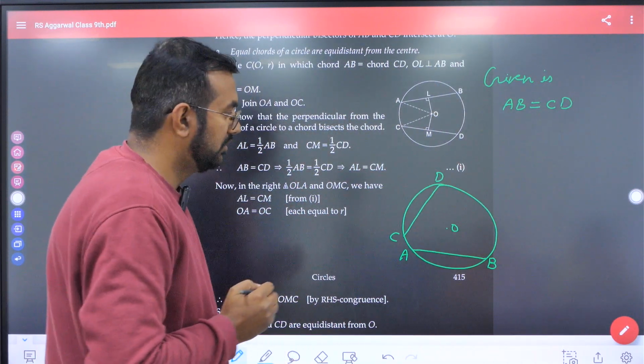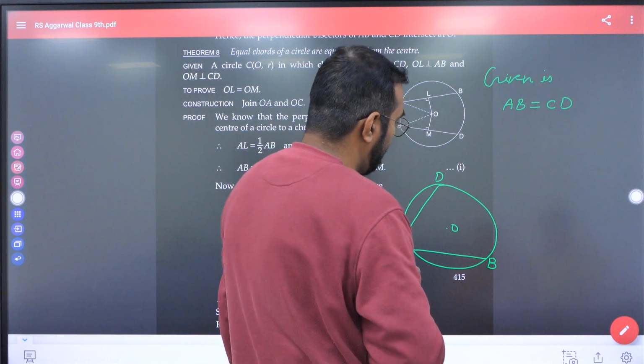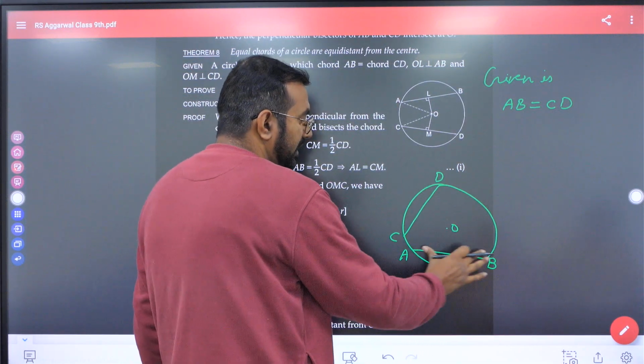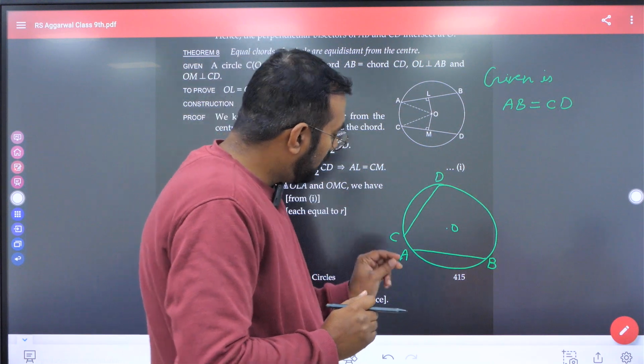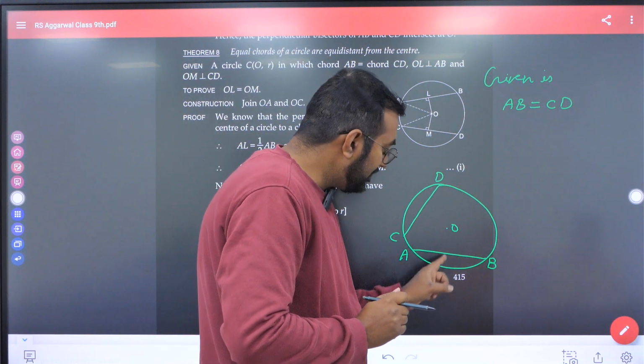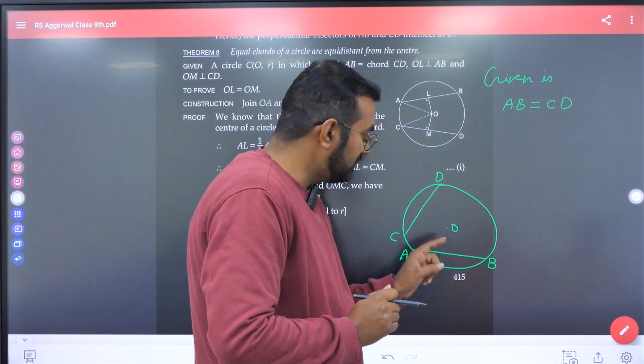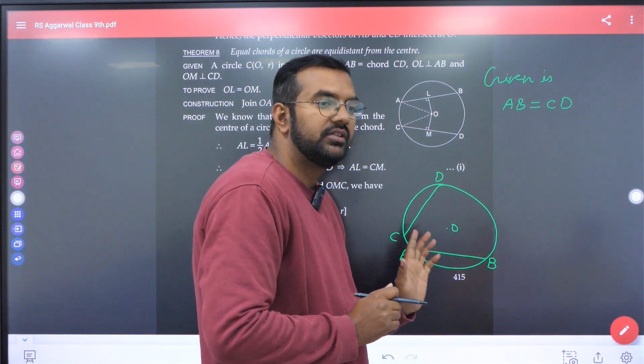It is given that two chords are equal and we have to prove that they are equidistant from the center. First of all, we have to draw the line segment that shows the distance from the center to this chord,